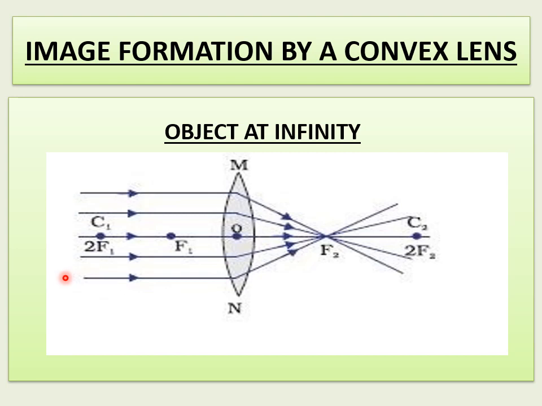Now the case is the object at infinity. When the object is at infinity, we have to take parallel rays. This is one of the conditions I showed in one of the earlier parts. So after refraction, what is happening? A ray parallel to the principal axis, as in one rule I told, after refraction through the lens tries to meet at the focus. If you consider this ray, after refraction it passes through the focus. If I take a ray below, for this also, a ray parallel to the principal axis passes through the focus after refraction. I hope you have understood this.